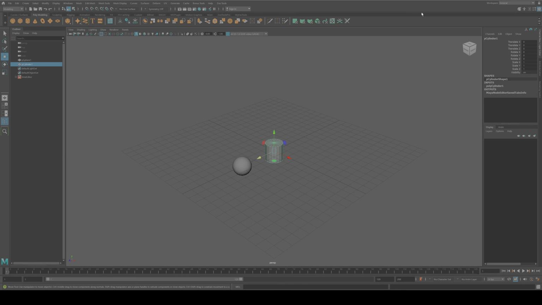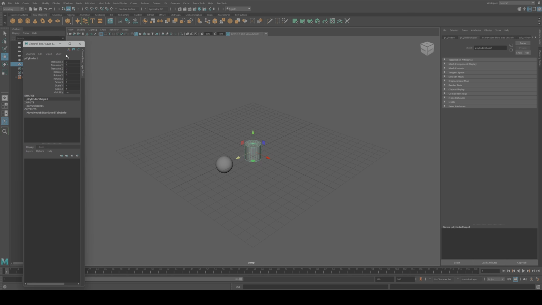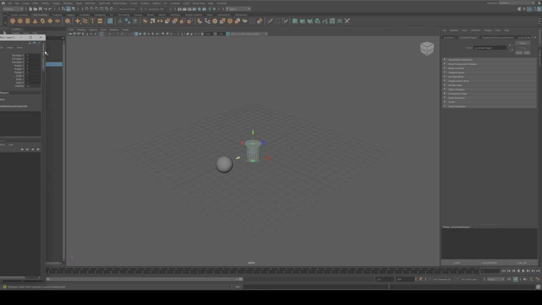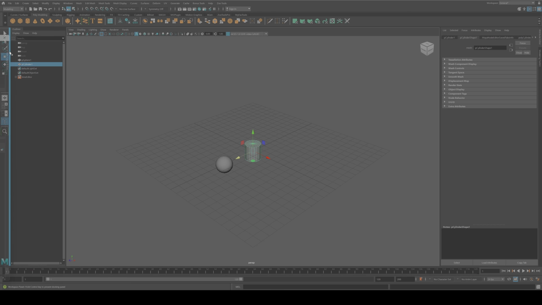Alright folks, let's switch gears a bit and talk about making Maya truly your own. Yep, we're diving into how you can customize this interface to fit just how you work. So first off, you've got to love the drag and drop feature. See a panel or a tab you want to move, just click and drag. It's that simple. So let me just take the channel box here on the right. I'm moving it to the left next to the outliner. Done. I'm just moving it in front of the outliner.